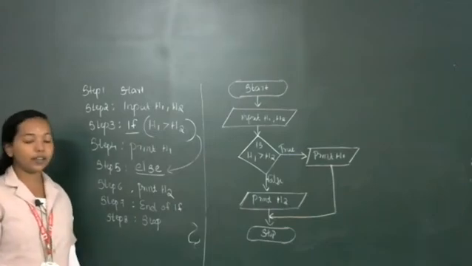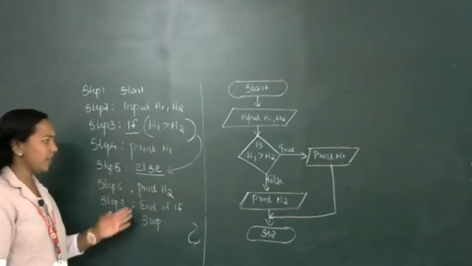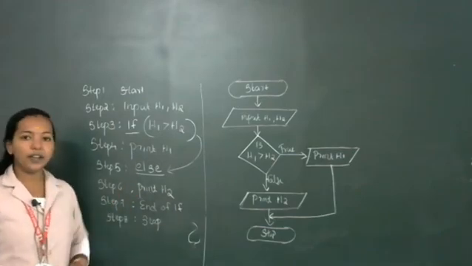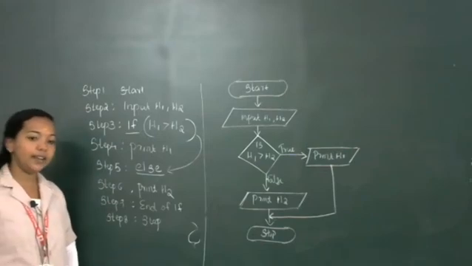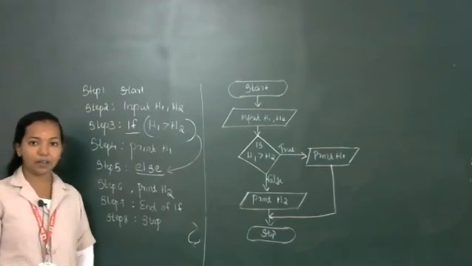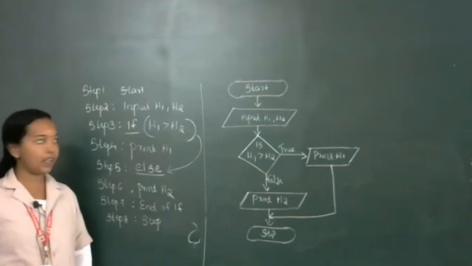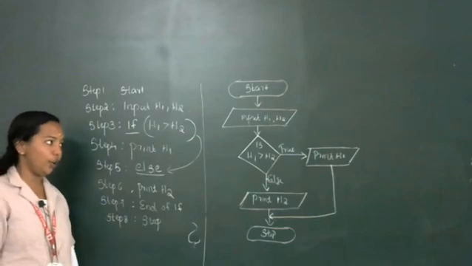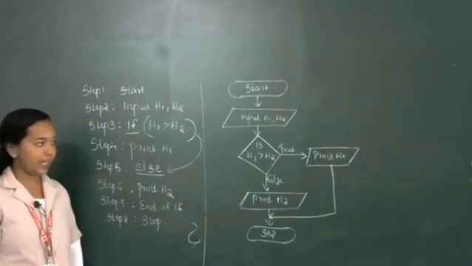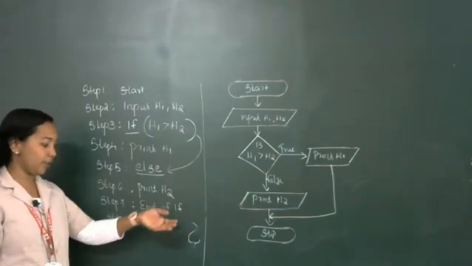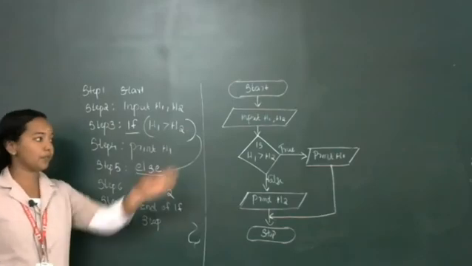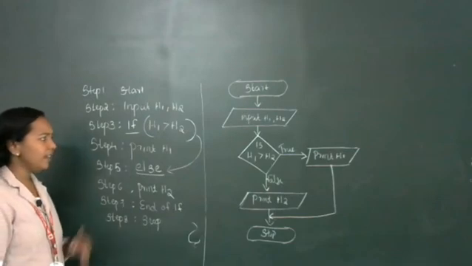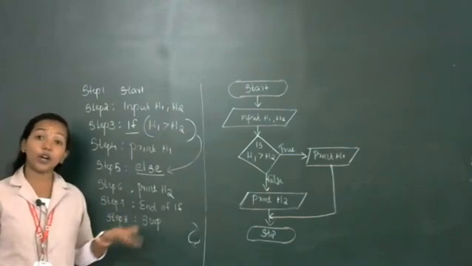First one is algorithm and second one is flowchart. We are just converting algorithm into flowchart. So first one, input 2 values h1 and h2. Then after that we are comparing h1 greater than h2 or not. If it is true, print h1, otherwise print h2. Then after that stop the procedure. After printing, we are terminating. Then similarly we can execute one or more operations.